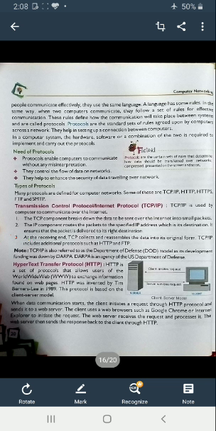Now next is HTTP, Hypertext Transfer Protocol. HTTP is a set of protocols that allows users of the World Wide Web to exchange information found on web pages. HTTP was invented by Tim Berners-Lee in 1989. This protocol is based on the client-server model. As you see, this is the server. The client initiates the request and the server services the request.